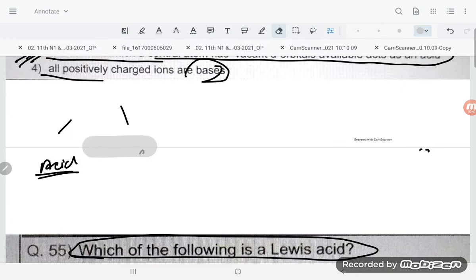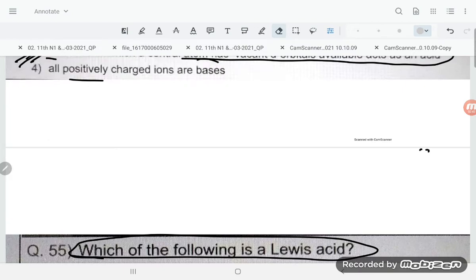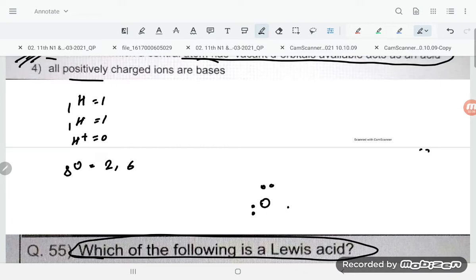For H3O plus, most of the students are getting confused, but this is simple, student. Hydrogen is H plus with 0 electrons. Oxygen is how much? 2 and 6. You can make the oxygen here, how many are there? So here 1 2. Now here is 3 4. You can write it in a different way here, you see. 1 2 is there, then this is 3 and this is 4. Hydrogen you can mention here, 1 2. So hydrogen also you can mention.